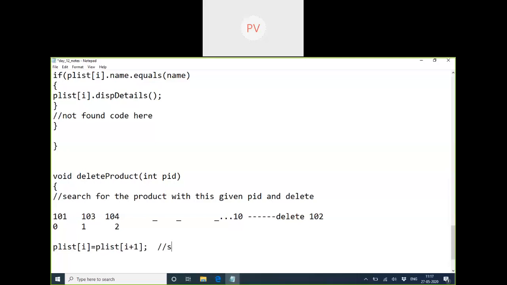That means shuffle all the elements from last to the deleted index. Is that clear? So we have to do it in a loop actually. So this logic should be done in a loop.